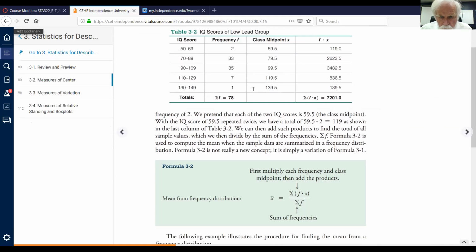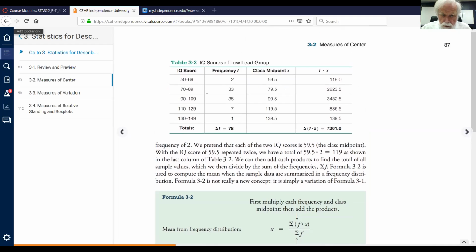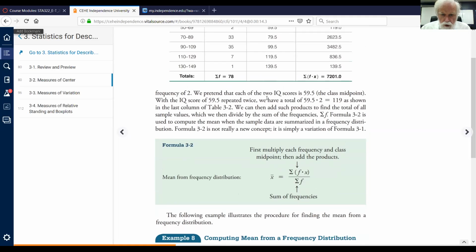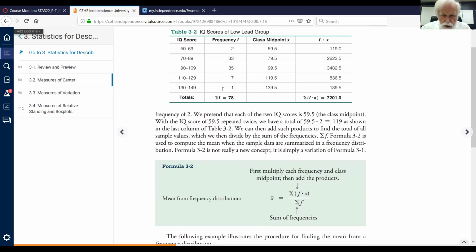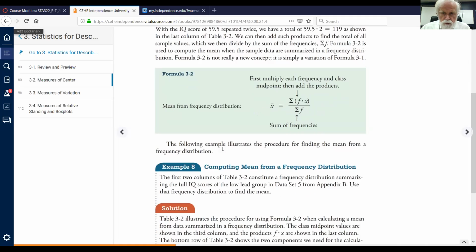All right, forget that. So we look at our class midpoint, which is X. Remember, we had frequency distribution and classes. First, multiply each frequency and midpoint, and add them up. So this is the sum of the frequency, which is the number of appearances of students in any class, times the class midpoint. We get a lot of values. So we sum those up, and then we sum up the total number of appearances,